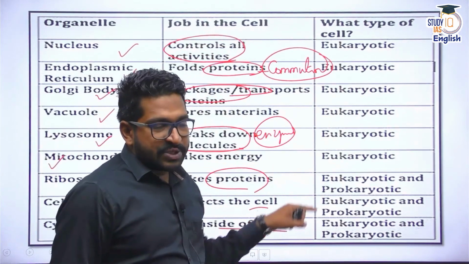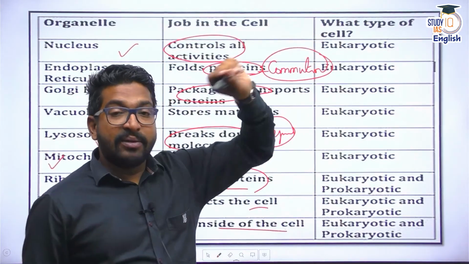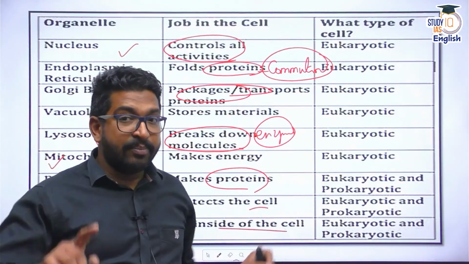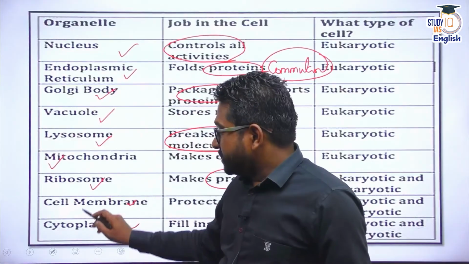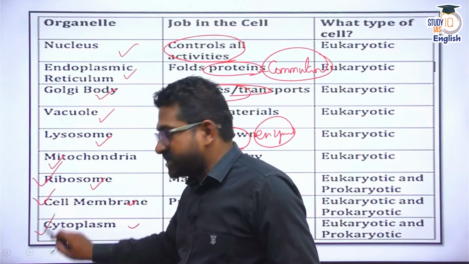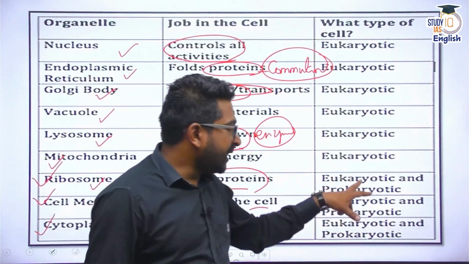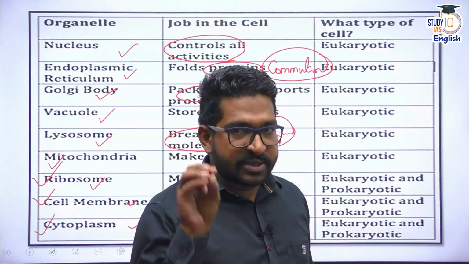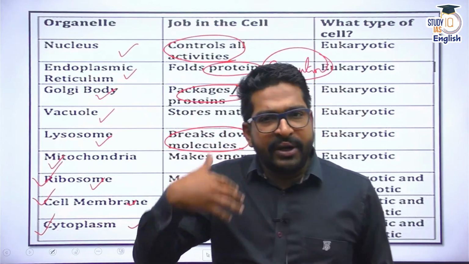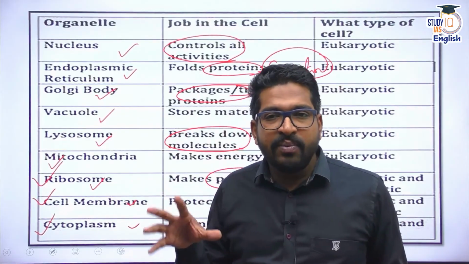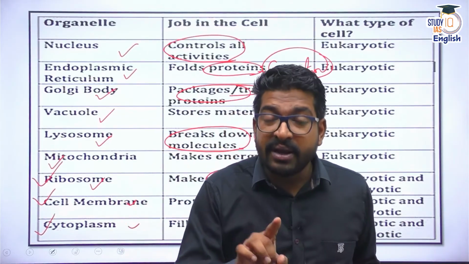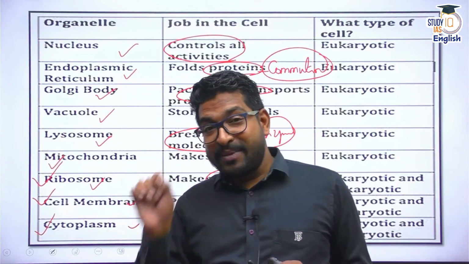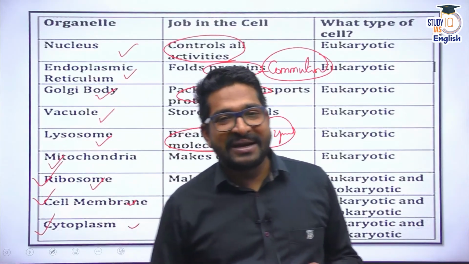The specialized cell organelles are found in eukaryotic cells. But in both eukaryotic and prokaryotic cells, we find three important things in common: ribosomes, cell membrane, and cytoplasm. All three are found in both eukaryotic and prokaryotic cells. Very important, because this is a point where many aspirants might get stuck. It's a pitfall for them because they think, I already know specialized organelles are missing from prokaryotic cells. Yes, but remember, prokaryotic cells have their own specialized ribosomes. We'll talk about these ribosomes also in our subsequent discussions.